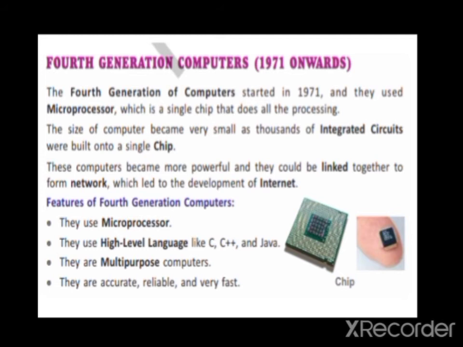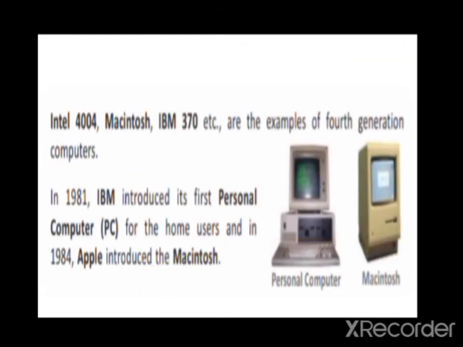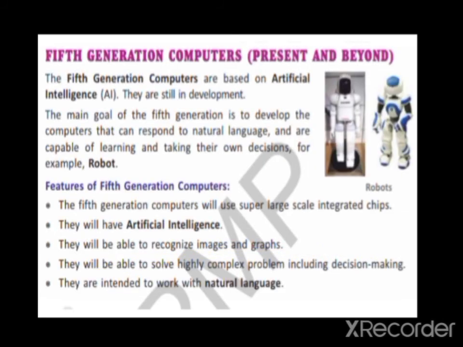Now after the fourth generation, the fifth generation comes into existence. In the fourth generation, two types of computers are there, and who made them? First, the PC came in the fourth generation. That was by IBM. And the first computer from Apple was the Macintosh, and it came into existence in 1981. After these, with some new modifications, fifth generation computers came into existence.